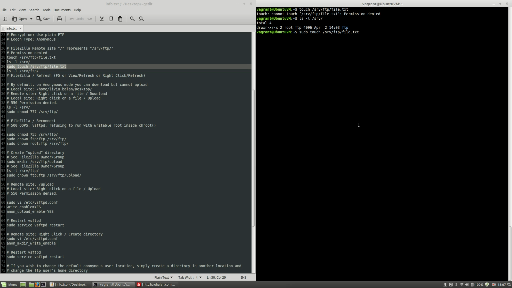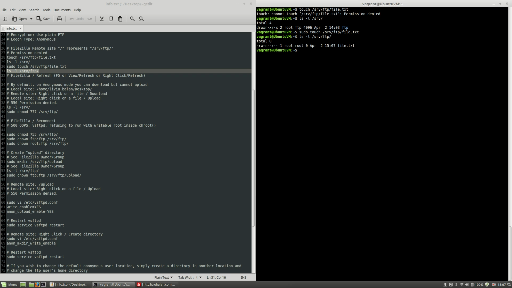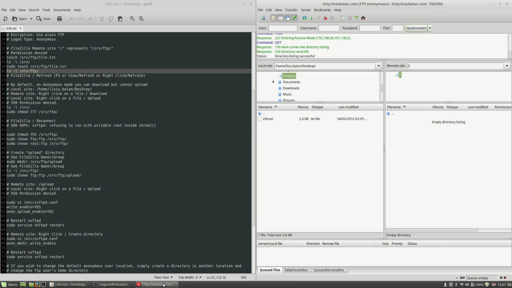the file, I will use sudo, because this FTP directory is owned by the root user. So I will use sudo touch and then /srv/ftp/file.txt. Hit the enter key, and now if I use ls -l for the /srv/ftp directory, you will see that the file.txt was created. Now if I go to FileZilla again and refresh the content here, I will have to